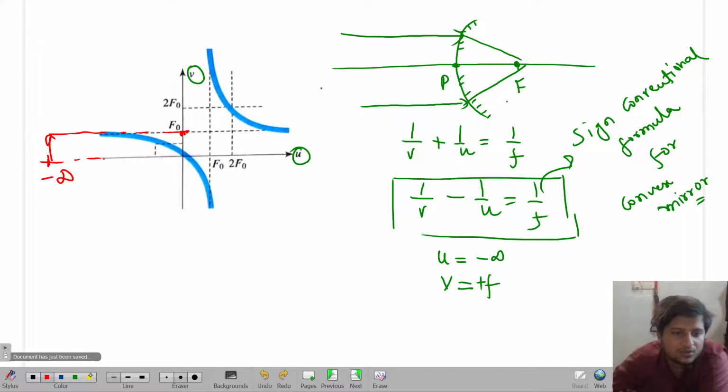Why will I get a graph like this? You can ask me. So what is happening when the object is